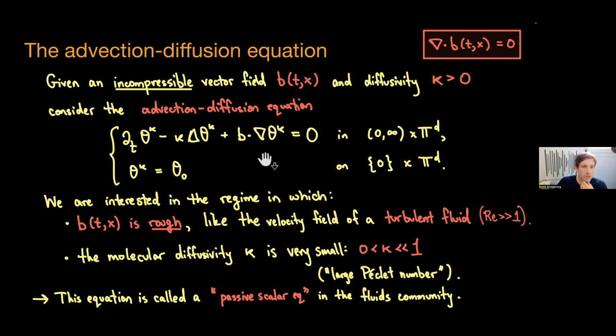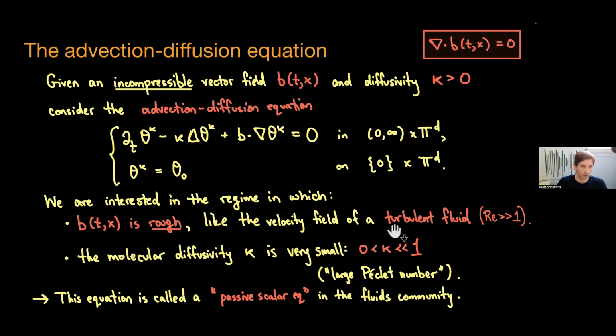So we're interested in the regime in which the vector field is rough, so not Lipschitz, but it's still going to be continuous. So it's not going to be completely crazy like white noise in time or anything like that. It's a function. It's going to be continuous. I'll say more about exactly how continuous in a second, but it's not so continuous that the ODE trajectories will necessarily have unique solutions.